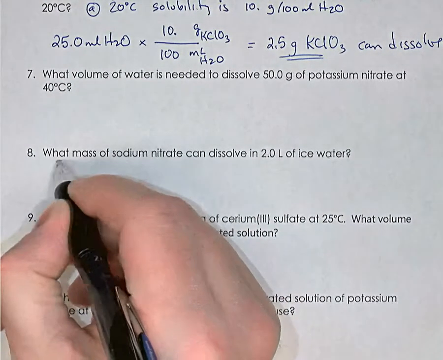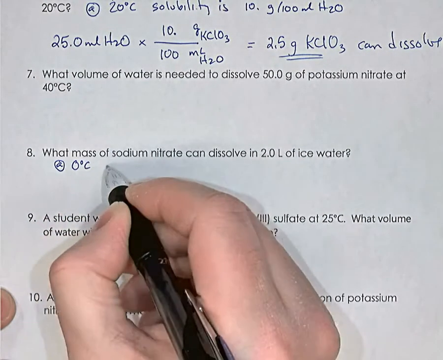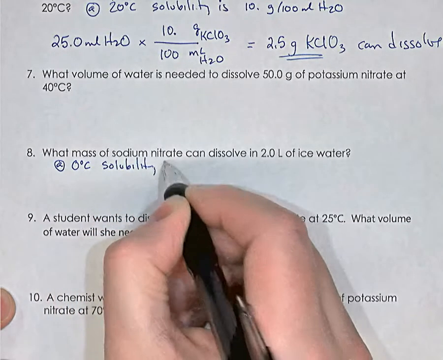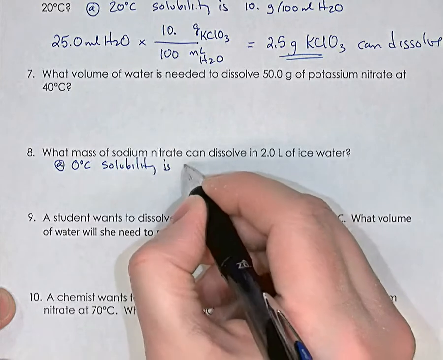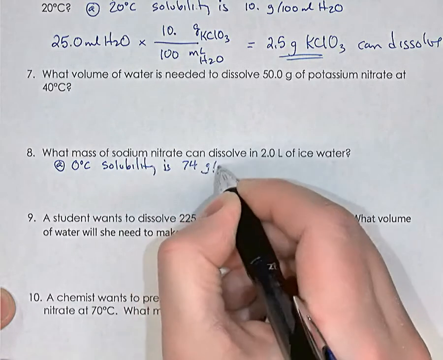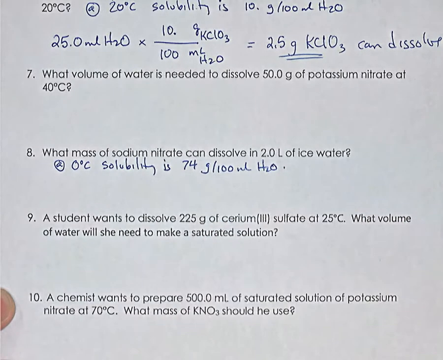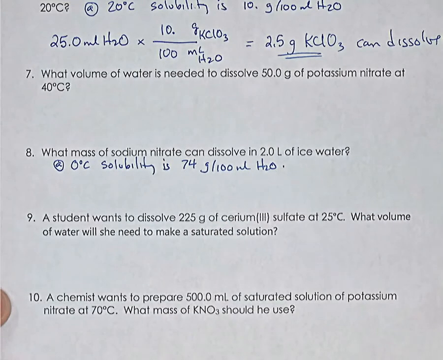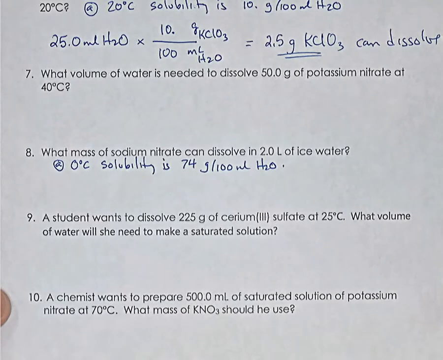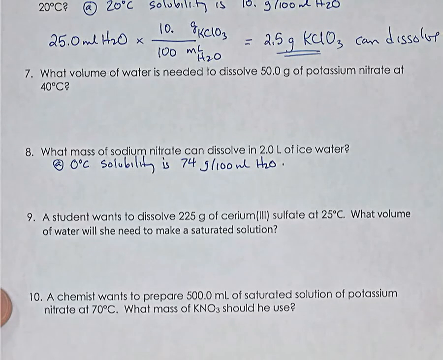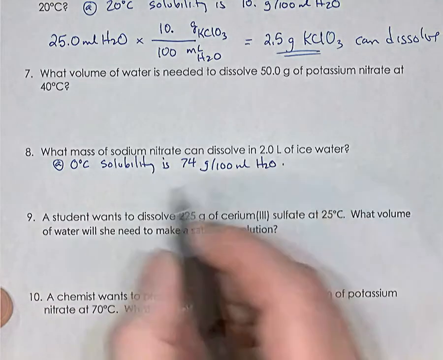So at 0 degrees Celsius, the solubility is 74 grams for every 100 mils of water. Now there's some estimation involved in reading the graph. So if you read the graph a little bit different, maybe you said 75 or 73, you'll get a slightly different answer than me, but your answer will be acceptable on a test or exam. So now, we have 2 liters of water,